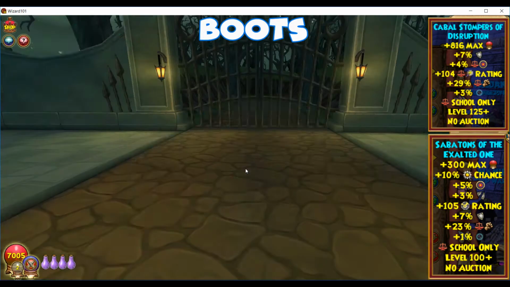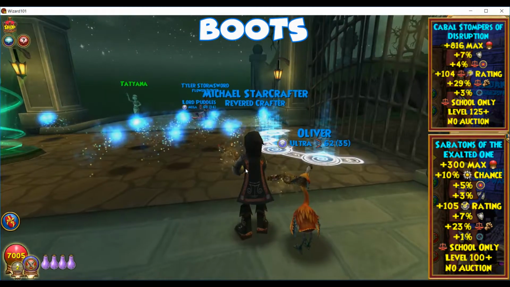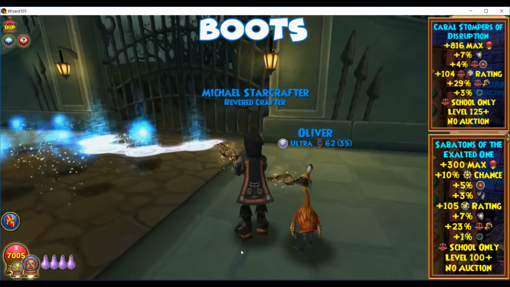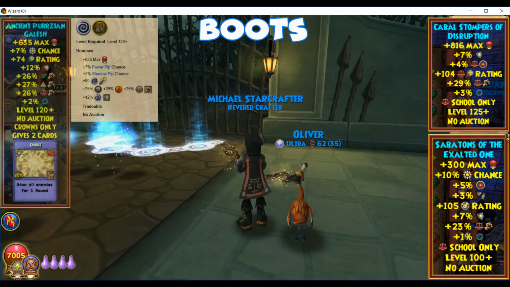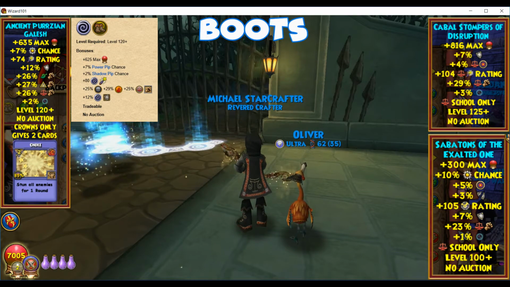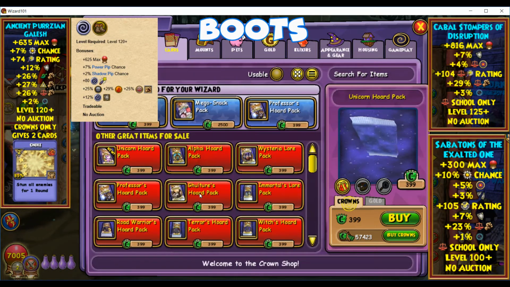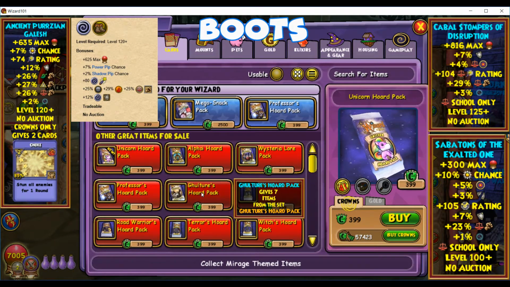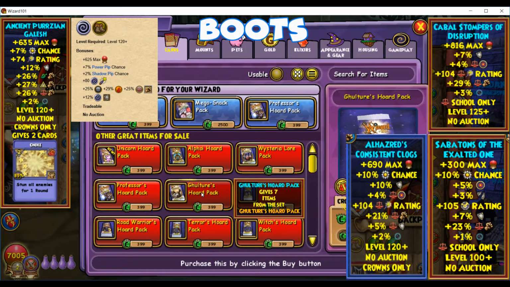They're a little bit different than the Cabal Stompers, but also very comparable to all the options overall that I'm going to go through. So this is the second option. You could also do the Ancient Persian Galesh boots. Those are also very good picks. You can get those as a drop from the Gulcher Horde pack from the Crown Shop, and they are 399 crowns right here. And then the last option is going to be the Consistent Clogs from the Professor's Horde